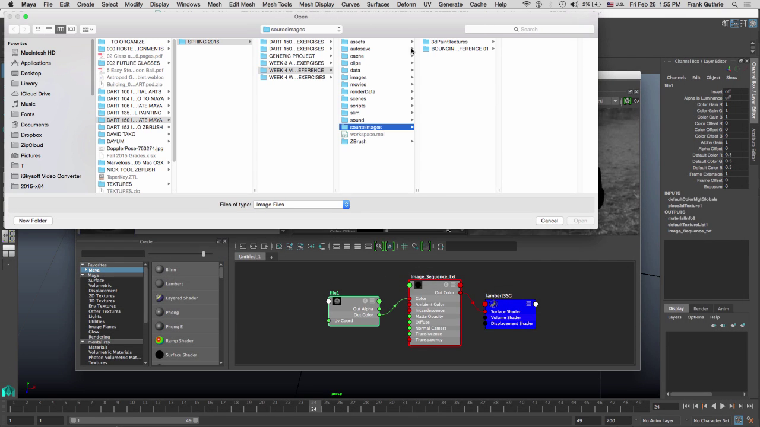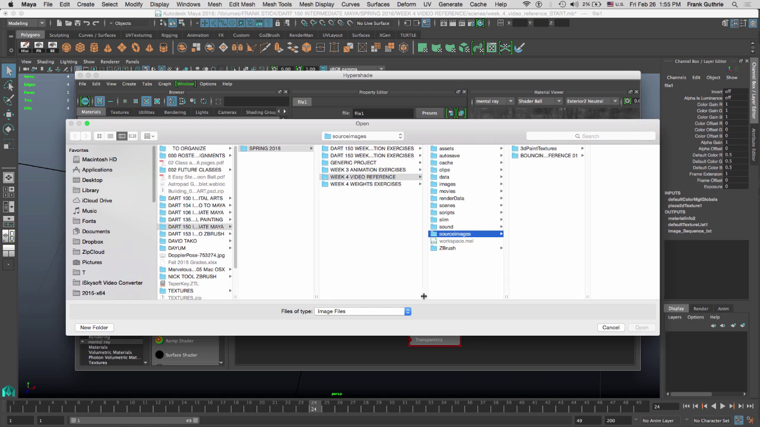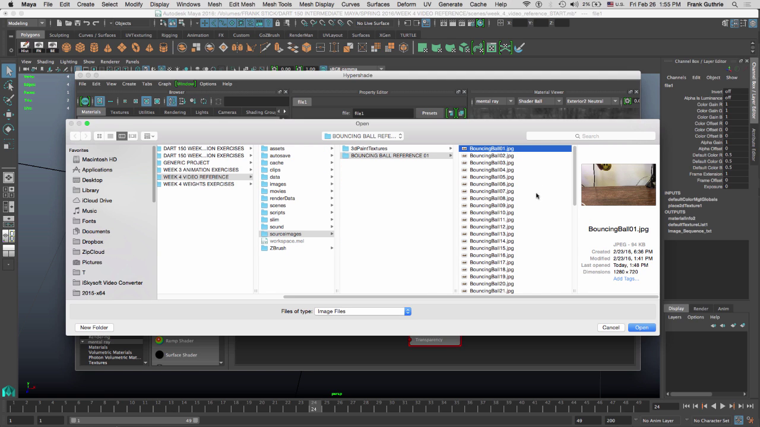I'll do that like this so it's less dramatic. And notice that it's going to take us to our source image folder inside of our project. So our project is week 4 video references, and it's taking us directly to our source images folder. This is where we're going to save all our image sequences. We are going to open the bouncing ball reference 01, and we're going to only select the very first frame of our image sequence. I'm going to hit open,